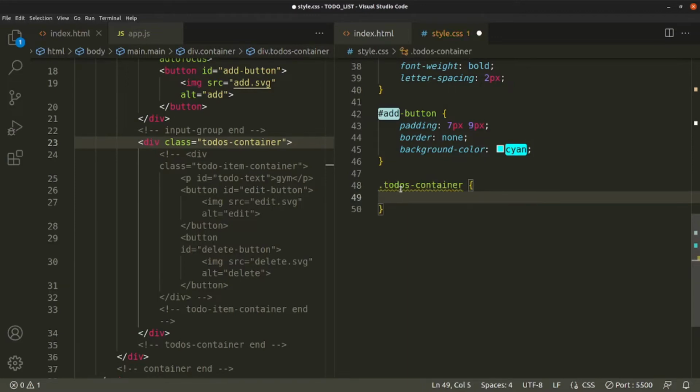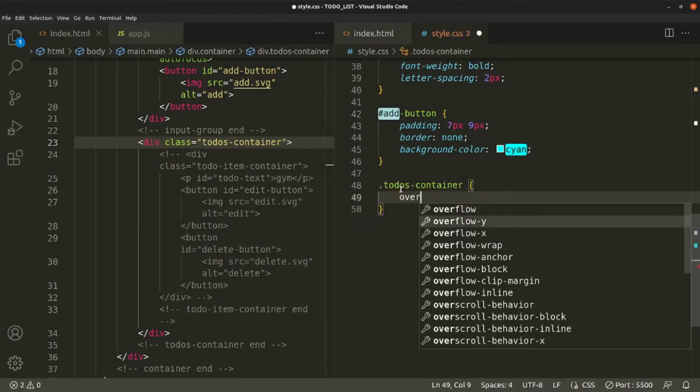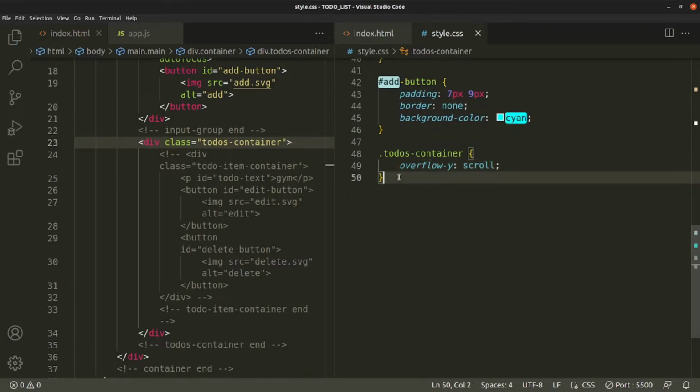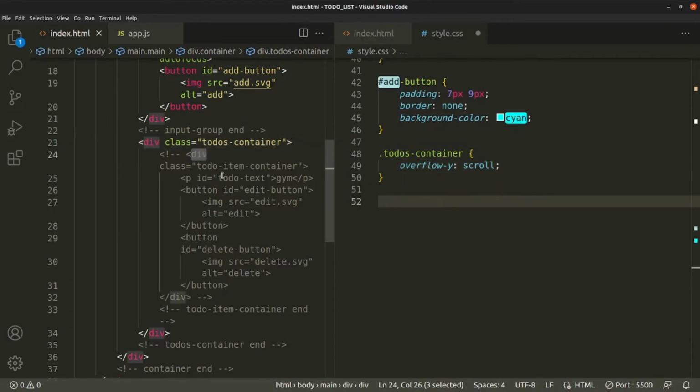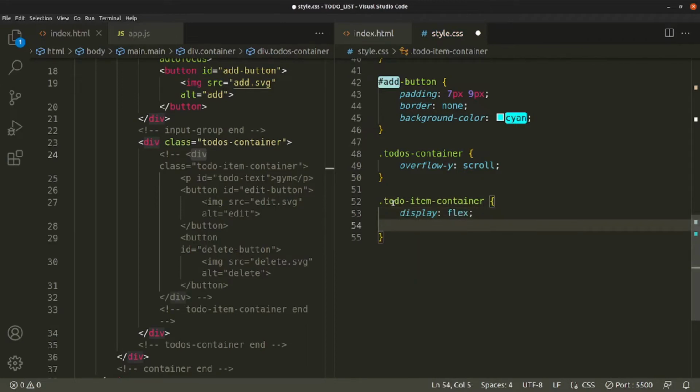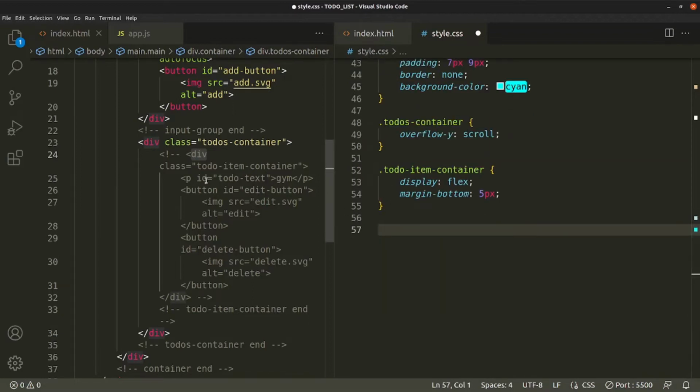Once we have more to-dos, we want to show a scroll bar, overflow-y: scroll. Once we have more to-dos, we can scroll this container. Later, inside this container, we have the to-do item container. This is the class name: display flex, direction automatically row, and margin-bottom 5 pixels. That's it for now. Later, in this container, we'll have a paragraph with ID to-do text,